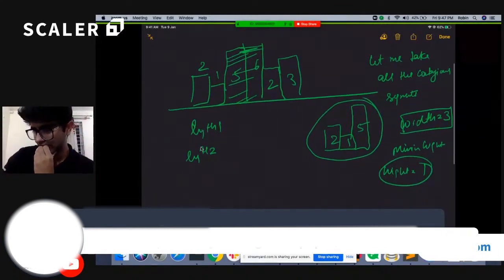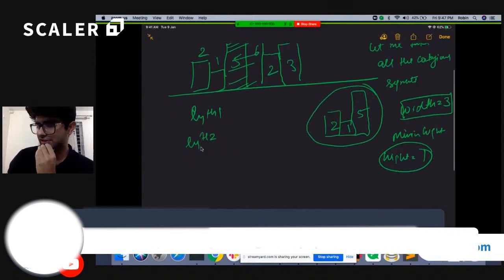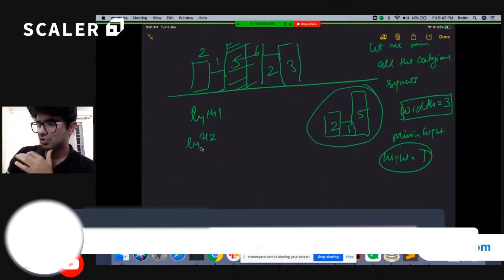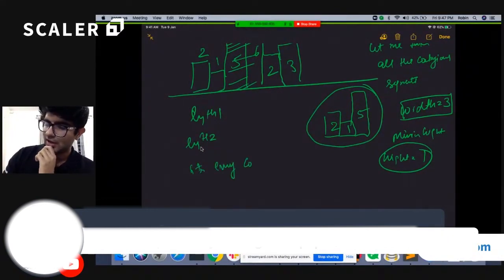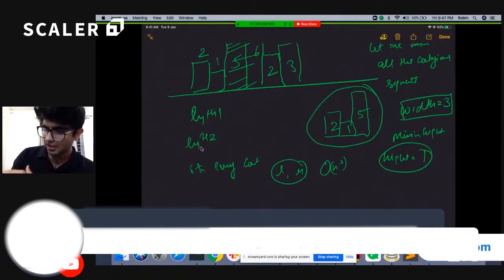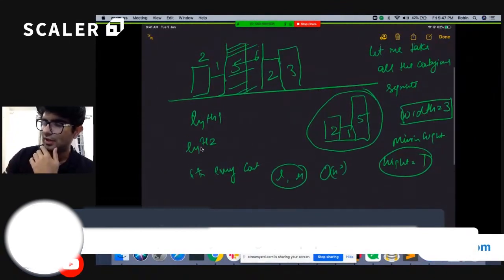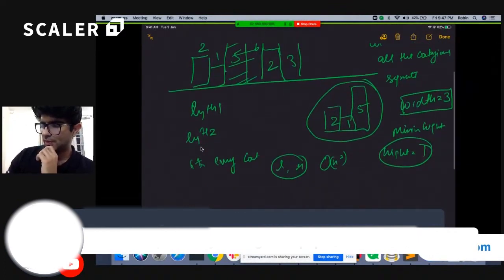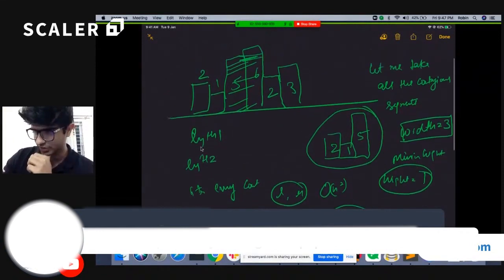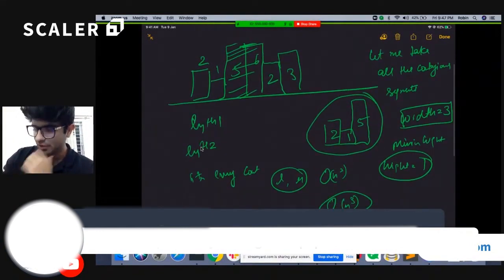That is fine. Okay, so if I just take a brute force way, how much time will it take me? I need to iterate over every contiguous segment, and to iterate over each contiguous segment I need to take two variables L and R, so it will take order of n square time, and for each contiguous segment I need to find the minimum element. So the complexity will go up to n cube. So it doesn't sound like a good solution to solve this question. Can I think of something else to make my algorithm better?